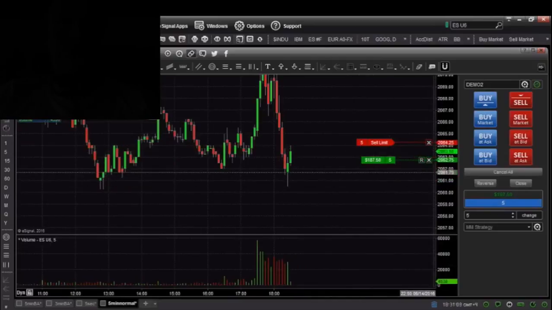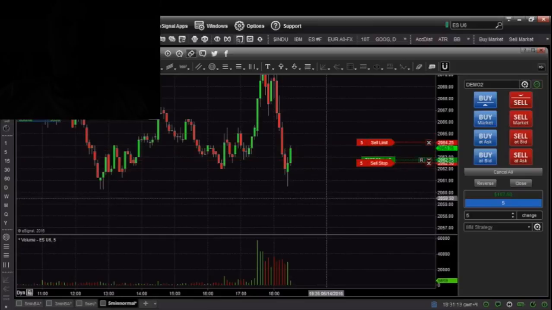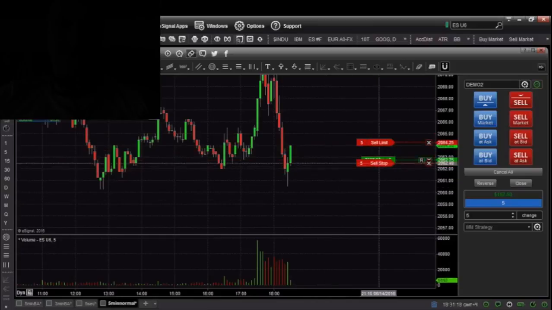So here you can see a small profitable trade again. Small trades, only intraday, normally 1.5 points. I'm trading here on demo 2. I don't know why I did that. Maybe I